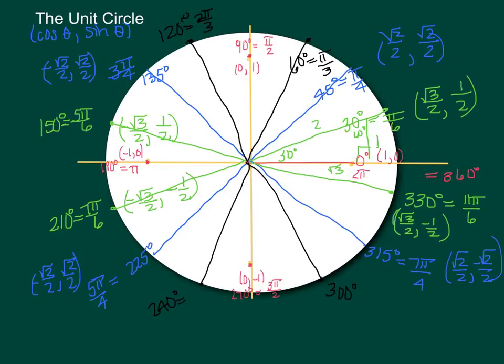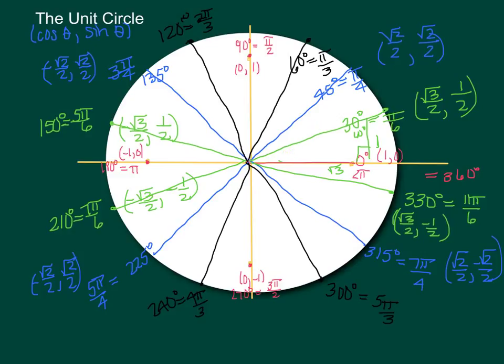Down here is 4 pi over 3. This is 5 pi over 3. So we have 1, 2, 4, and 5. And then for the coordinates,